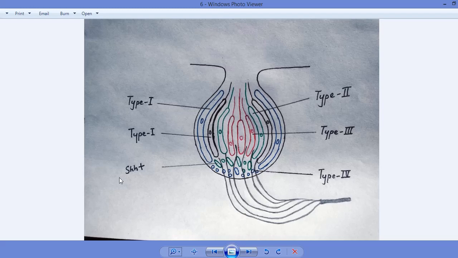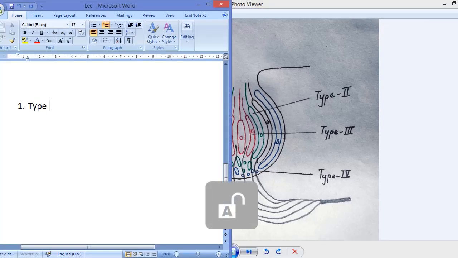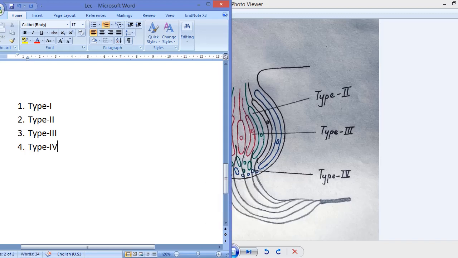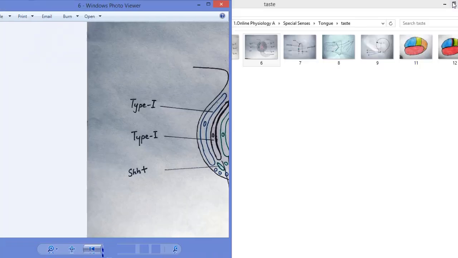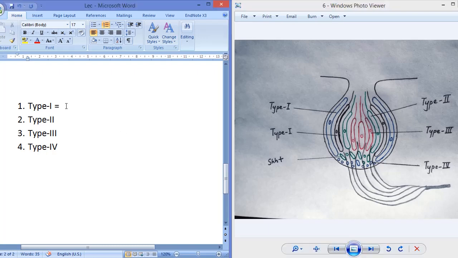First, I would like to write these types of cells, to make it simple: the type 1 cell, the type 2 cell, the type 3 cell, the type 4 cell. The type 1 cell having cilia, having hair. The type 1 cell which is having the taste hair,